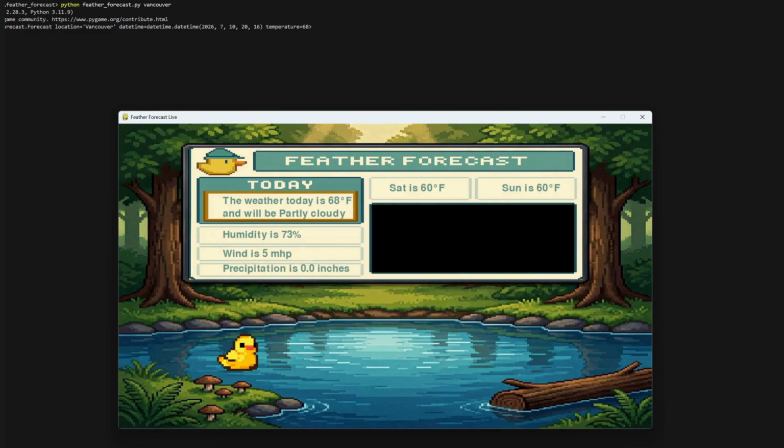Alright, in the command line we're going to write python feather forecast.py. Then we're going to write the name of a city. That city could be anything. In this case, I'm using Vancouver. So then